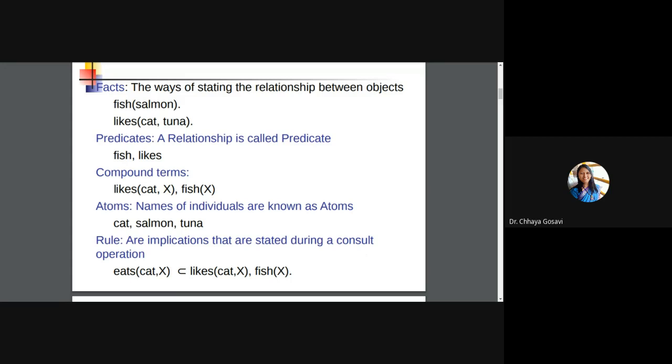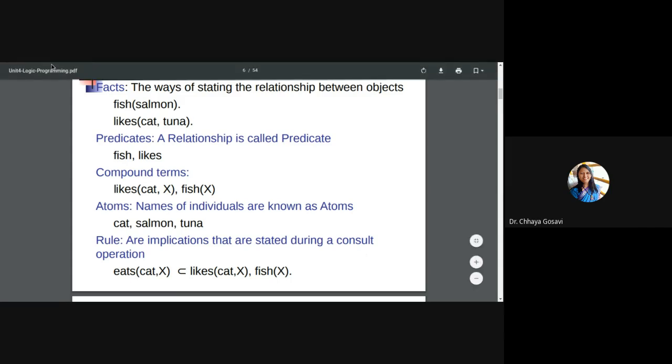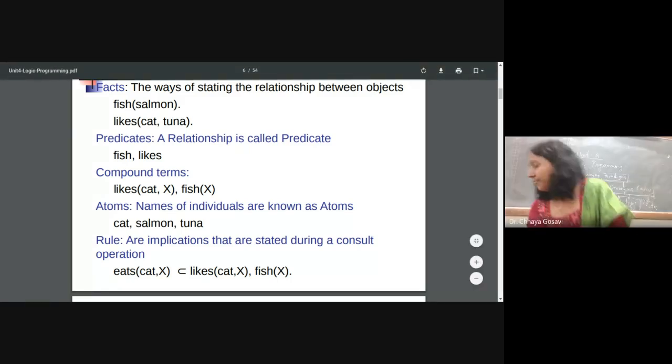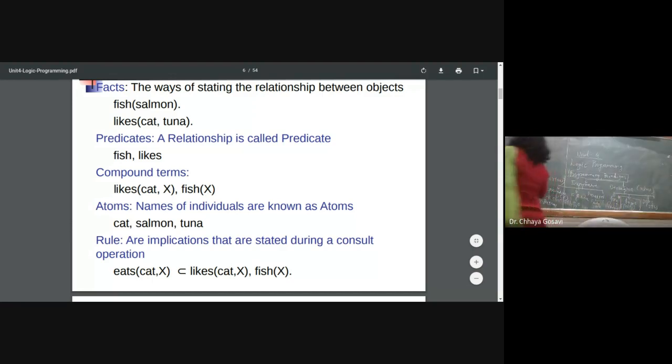So here, suppose I have three statements. I have facts like likes cat, milk, likes cat, tuna, and suppose I have other facts like fish, another name of fish, salmon.